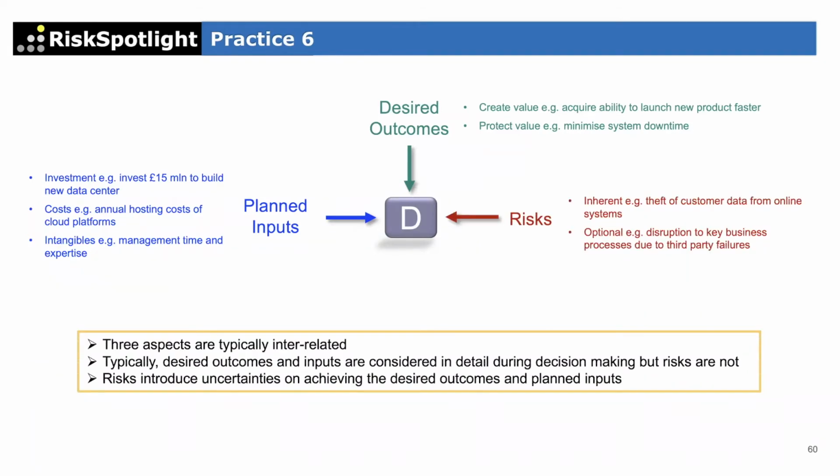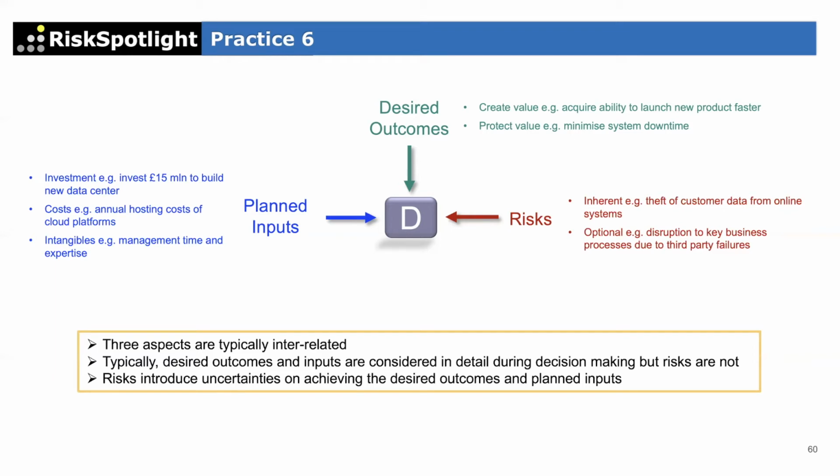And the third dimension is risks, because when you're making a decision, you're saying that, okay, this is what I want in the next 1 month. This is what I want in the next 6 months. This is what I want in the next 3 years. Those outcomes are only going to happen in the future. And anything which will happen in the future is inherently exposed to risks. So anytime we're thinking about the future, we have to think about the risk, because otherwise we will be incomplete in our analysis of whatever we're trying to do.